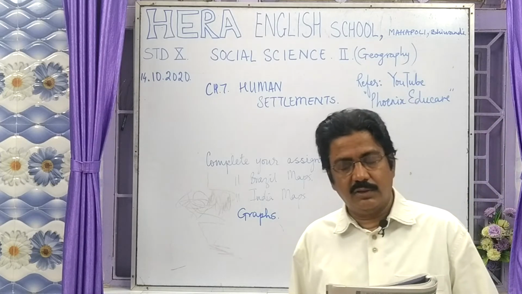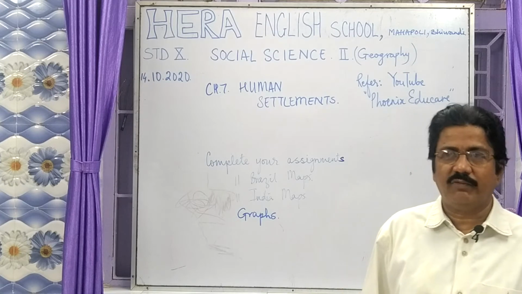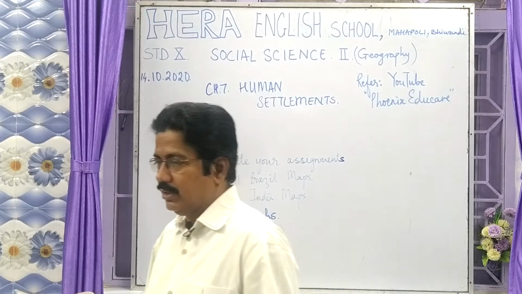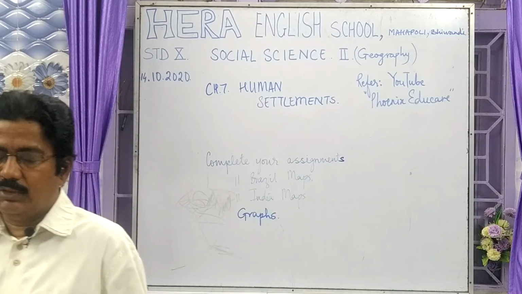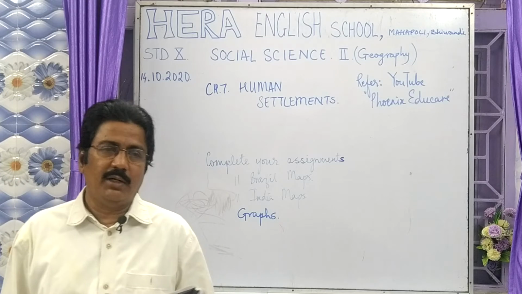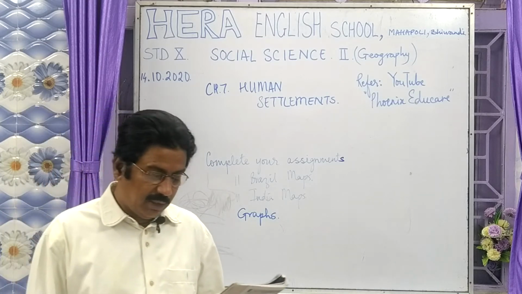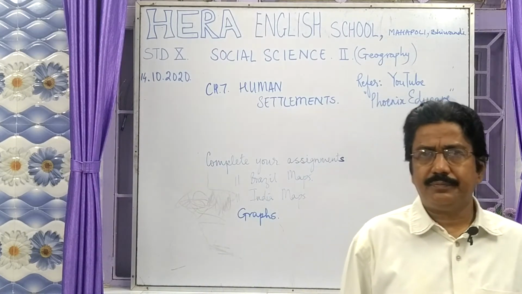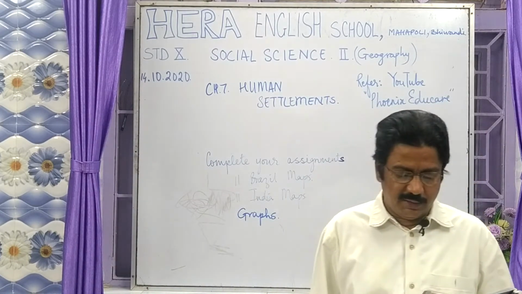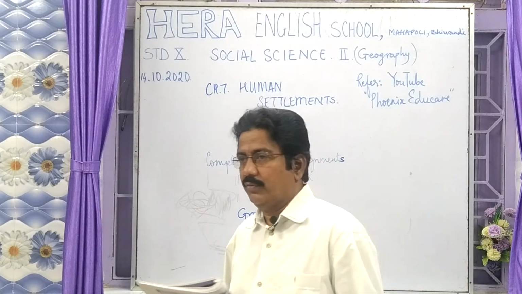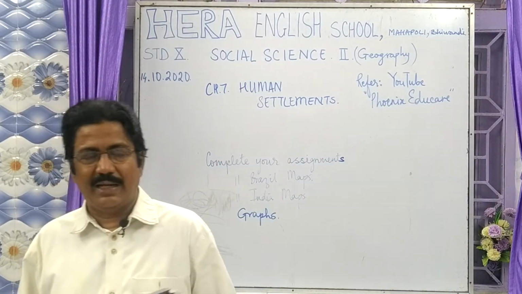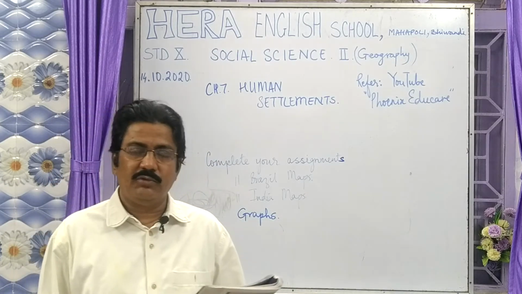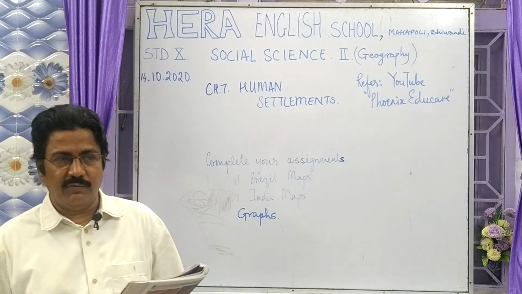Obviously, where there is every favorable condition for a human being to survive, it is very easy for anyone to live in a place where you have food, clothing, shelter, air, transportation, communication, business, employment, cultivation, agriculture. All these things are available, so it becomes very easy for a person to live in such a region. But when it is extreme climates where there is no rainfall, or drought region, or arid region, or semi-dry region, obviously there will be no settlement or sparse settlement, or fewer people living in such areas.